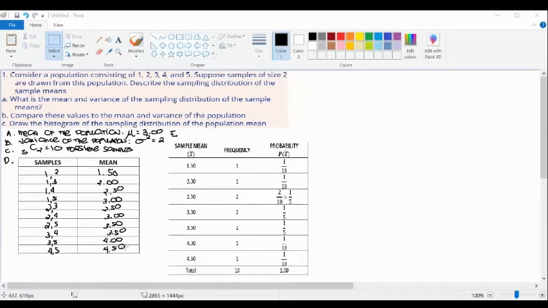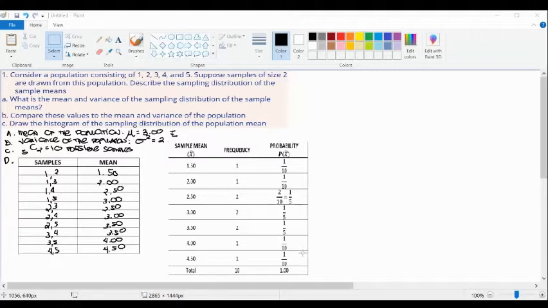For the sample mean of 4, it appeared once, so in 3 and 5. And lastly, for 4.50, it appeared once. So that is 4 and 5. And to compute for the probability distribution, that is your frequency over the total outcomes. So we have the frequency of 1, that is 1 over 10. We also have 1 over 10. The next for 2.5, the sample mean of 2.50, that is 1 over 5. So same. For the rest, you're going to compute it. And it would give you a summation of